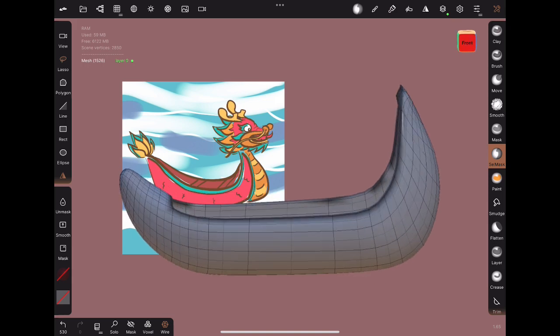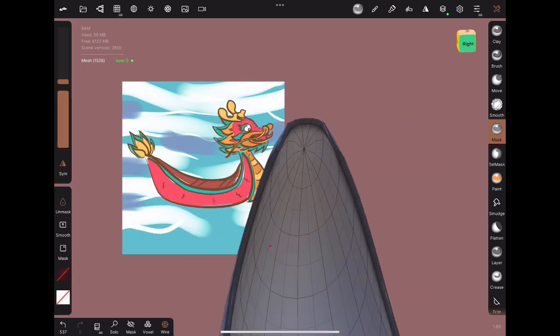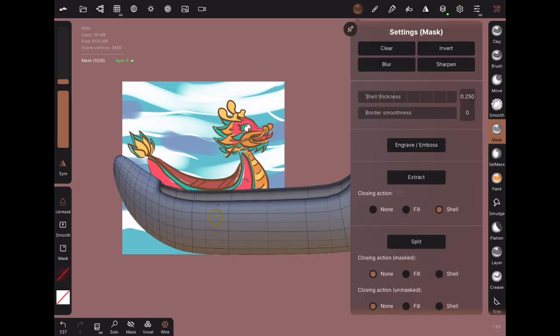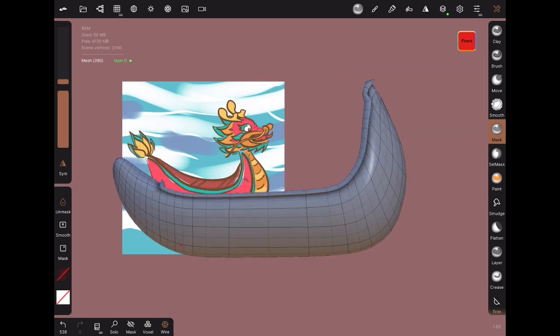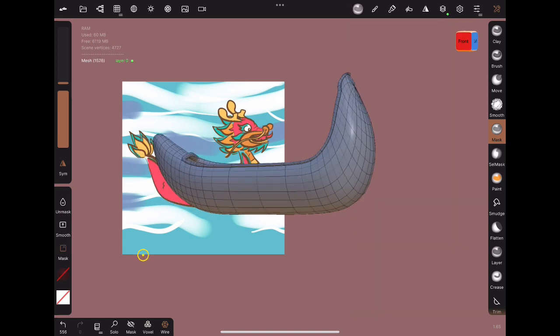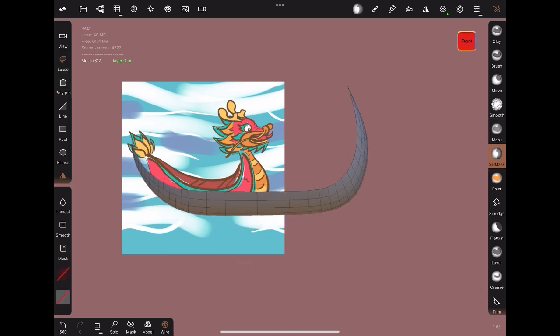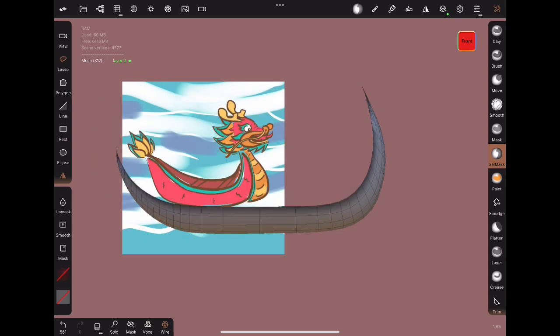I mask out the edge using selection mask, clean up any vertices that were missed, and then use extract shell. Then I also do the same thing, but extract with none for the bottom of the boat. I'm doing this because then I can create the second set of outlines. So with the selection mask, I mask out the border of this shape,